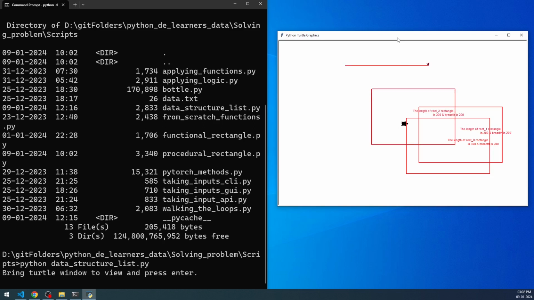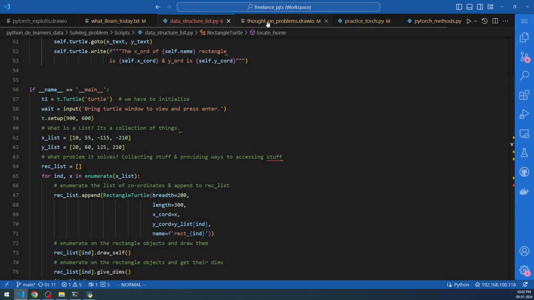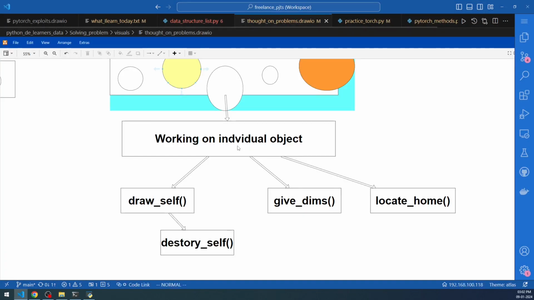And you can see that I'm not doing anything and it is doing by itself. All the rectangles have been drawn. The rectangle sizes are also mentioned here in the middle of the rectangle. You can see that here. And the rectangles are looking haphazard. If we go back to the presentation that we are having, if you look at this particular